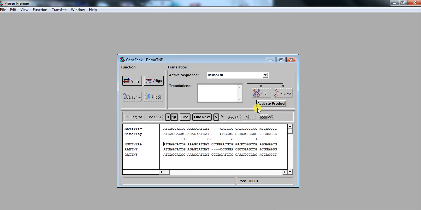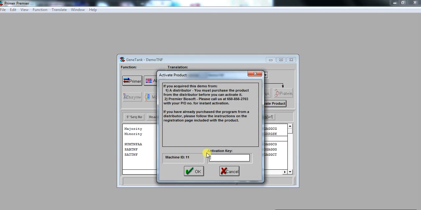So how to activate? We do the process like this. Here is an option, activate product. So click on it. It gives us a machine ID. That machine ID is 11. So remember this ID and then